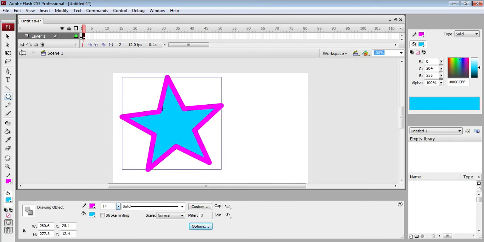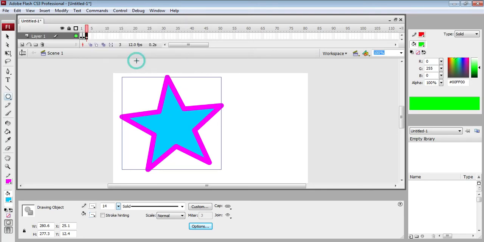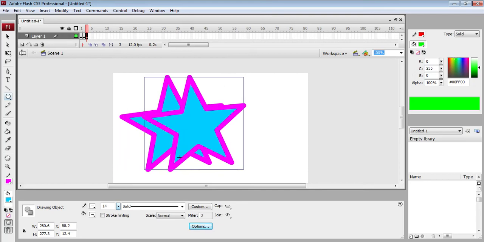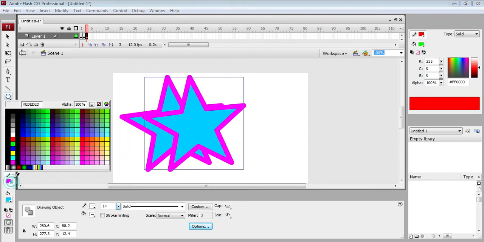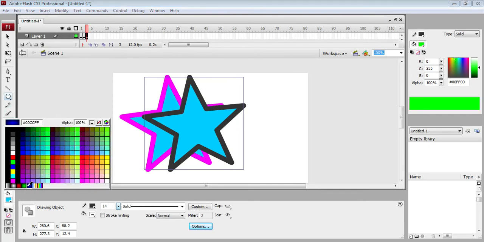Okay, so you can see. Now again we have to click on the insert, timeline and keyframes. This step we have to repeat again. We have to use Control Alt key to make another duplicate copy, and then we have to change its outer line, that means stroke colors and also fill colors. So I am going to select fill color, this one is better.